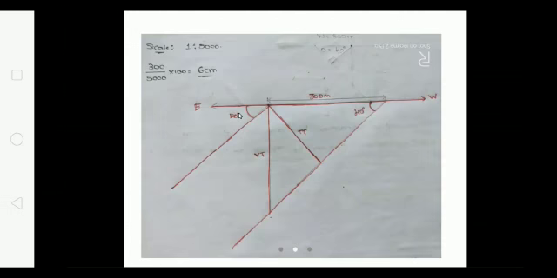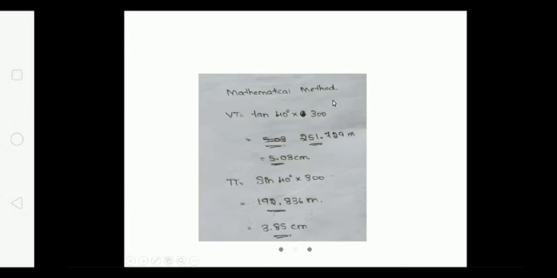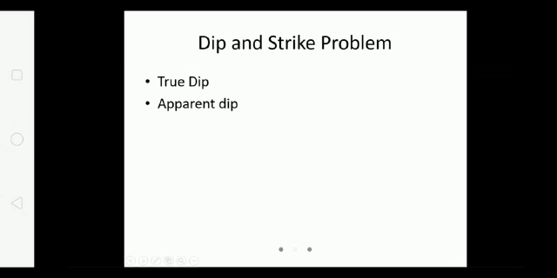Again, in this figure also it is the same thing we can see. This is dip angle 40 degree. This side I am talking, this direction, it is dipping towards east. So here this point, if this is A and if this is B, A and B is an intersection line. This intersection line is called a strike line. So I'll go back to our problem now, that is a dip and strike problem.